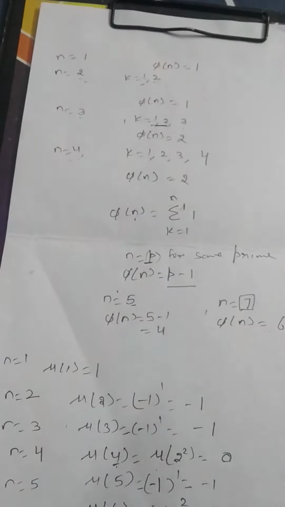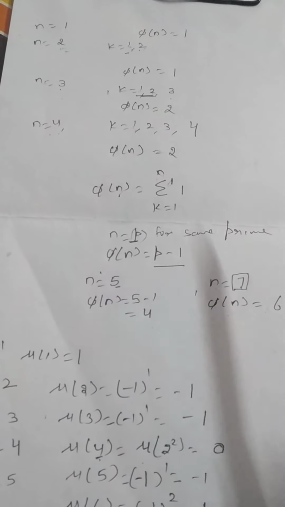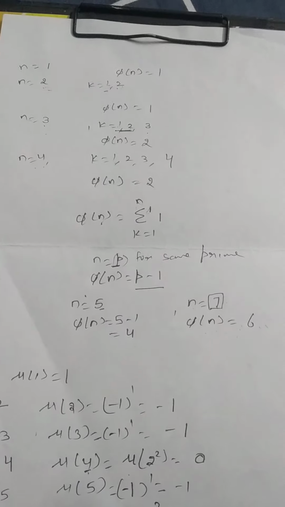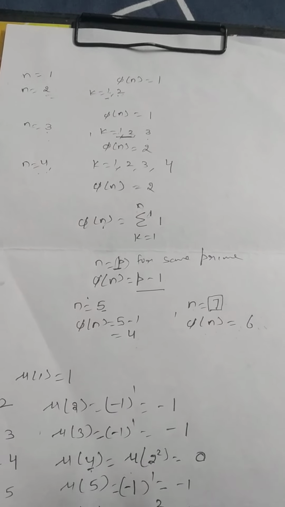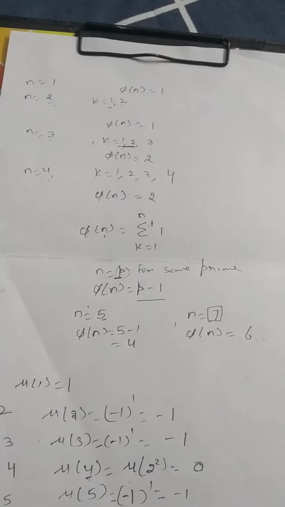This is the example of the Euler-Totient function. You see that in each example we have taken n as 1, 2, 3, 4 because we have to substitute only positive integers in its domain, because phi n is an Euler-Totient function which is an arithmetic function. For the next example, I will take the divisor function.